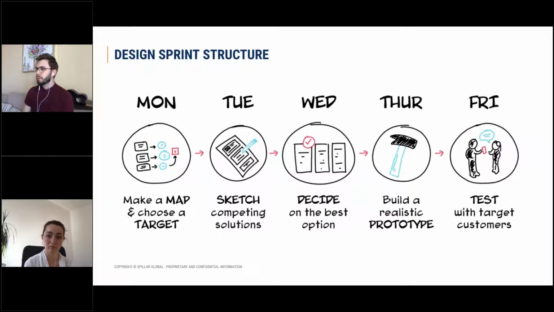And you can see that in one way it resembles other frameworks that we are usually familiar with, like let's mention SMART objectives or SWOT analysis, right? Now, a traditional design sprint would have this type of organized structure, right? On Monday, the first day, you would commit to a goal together with the whole design sprint participants. You would make a map or choose a target, and then you would dedicate the next day to sketching